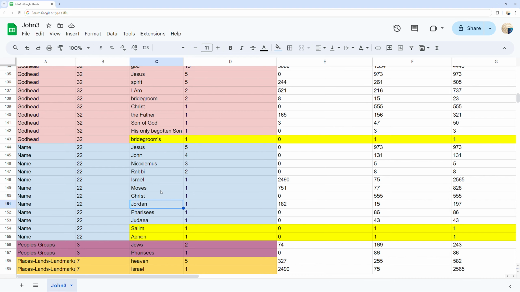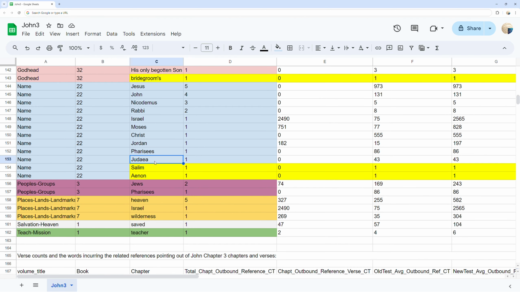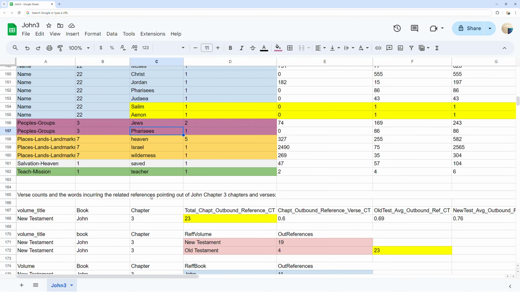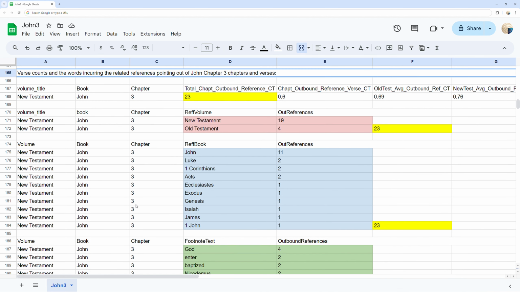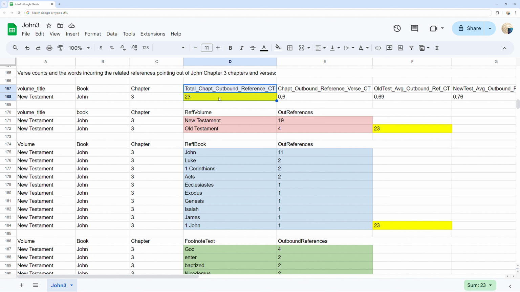Verse counts and the words incurring the related references pointing out of John chapter 3 chapters and verses. You can see in yellow the total outbound references pointing out of John chapter 3 at 23 references,